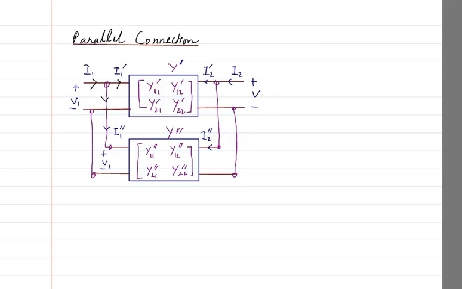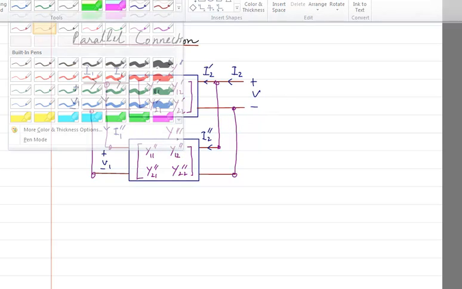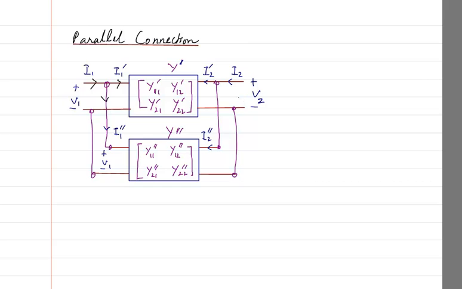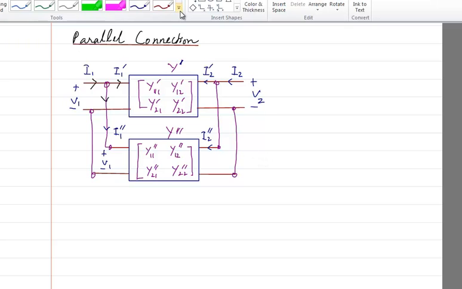Sorry, I should not have written V1 here. I should have written V2. Okay. So the same voltage V2 will appear here, and the same voltage V2 will appear here. So I will not write now V2 dash or V2 double dash, because they are all going to be the same. Now we know